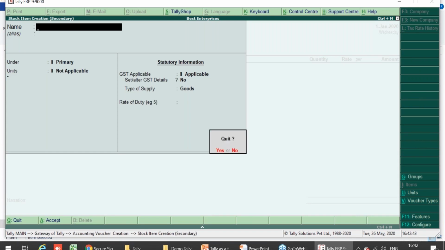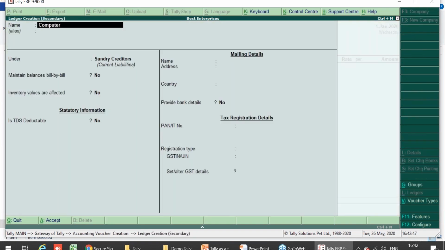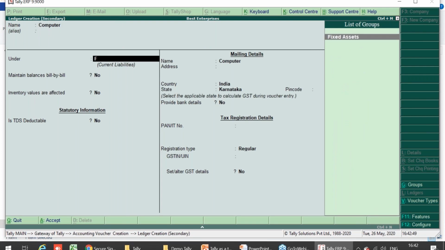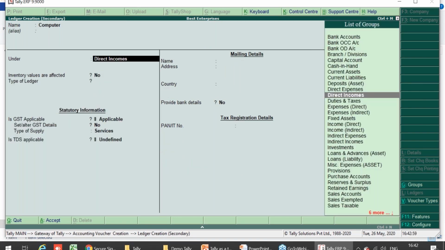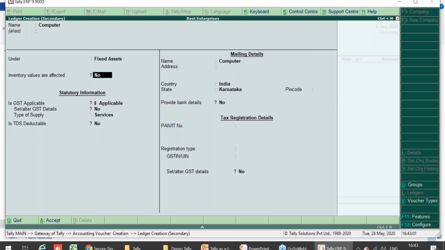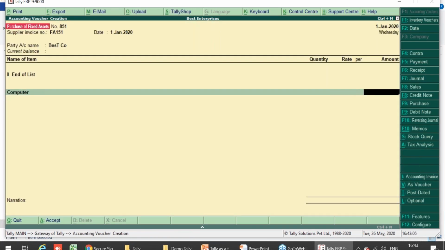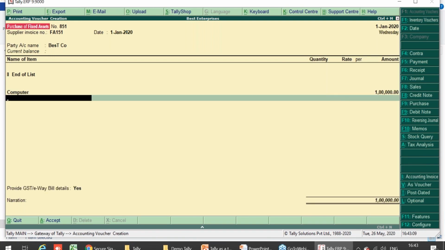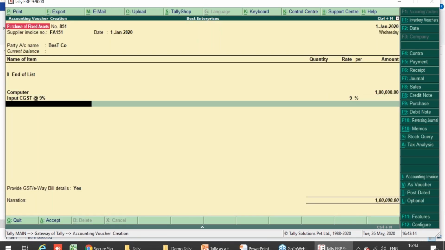I want to create it as a ledger, not as a stock item. This is under my fixed assets, so it will not disturb my grouping here. I will create the ledger as computer and group it under fixed assets. Okay, I have grouped it under fixed assets, select it. Then let's say the computer is worth 1 lakh rupees and I want to use input CGST at 9%.